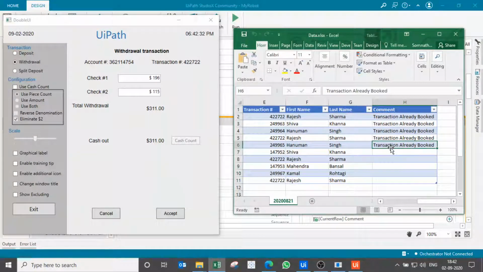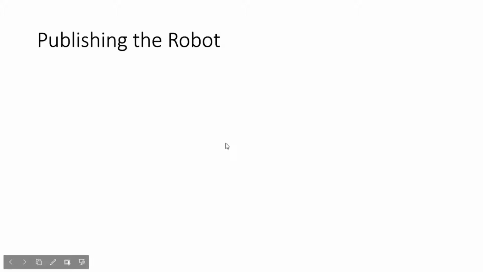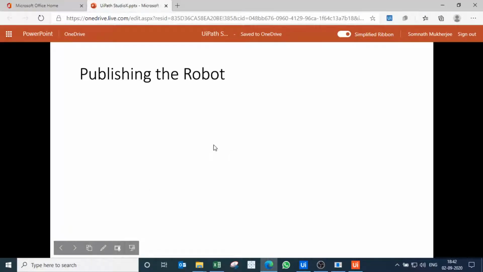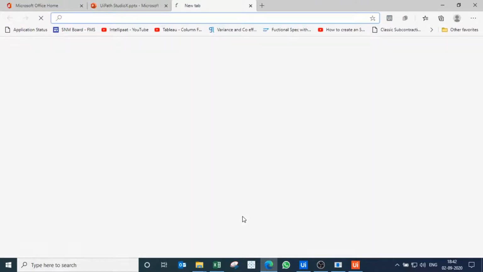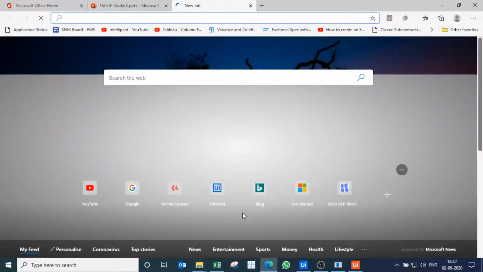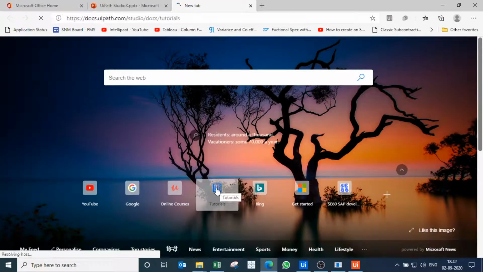So you have understood how to make a sample robot, how to publish it and how to run this robot. For something more, I would like you to know that you can visit a website, and this is the website where you can visit for further tutorials and understanding how UiPath works.